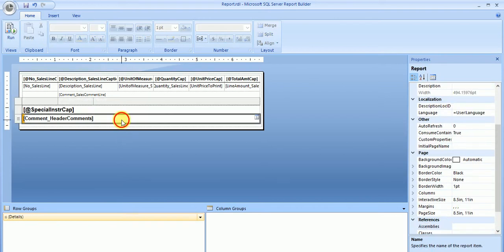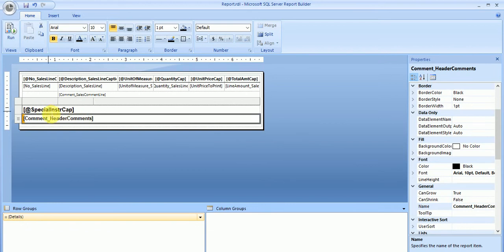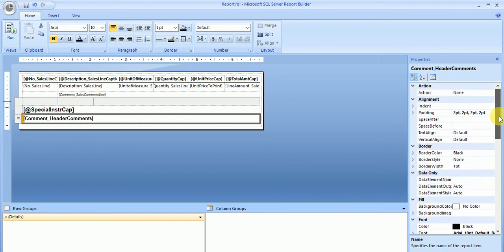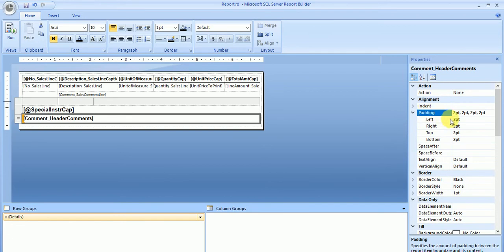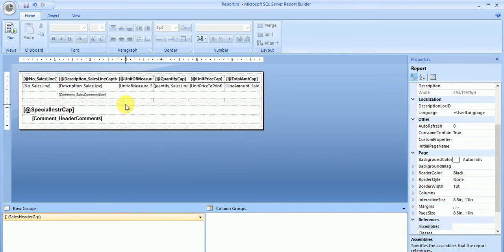Now you might want to indent them a bit from this, so you can actually use the indent. If you want to reduce this, you can reduce it. If you just don't want to increase it like this, you can always use the padding property, which is from the left. I want it padded to, let's say, 10, or if you want more, you can set it to 20. So the special comments will be printed, and let's try to make it a bit as we wanted it,